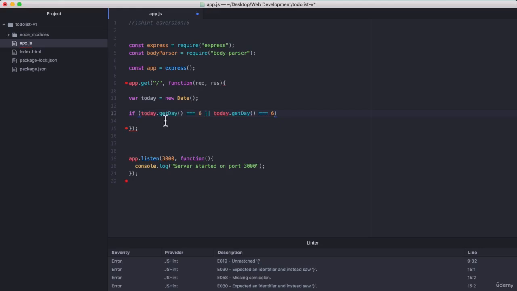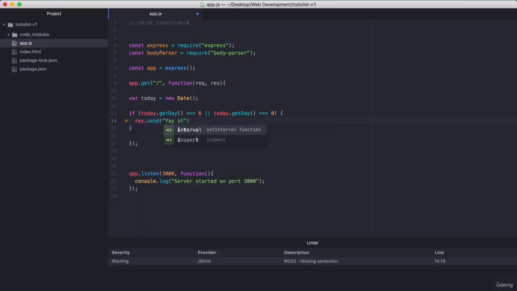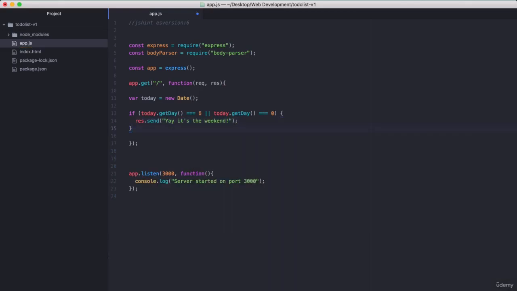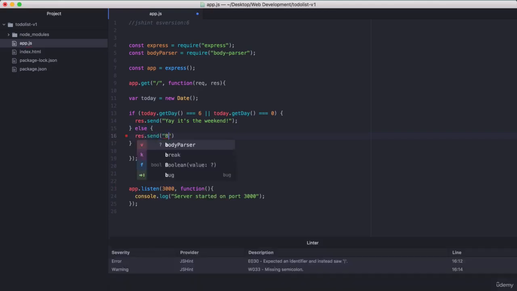So we'll say if today.getDay is equal to 6, or if today.getDay is equal to 0, then in that case, we're going to res.send a message saying, yay, it's the weekend. Alternatively, or rather else, then it's going to be a weekday, a working day, and we'll instead send